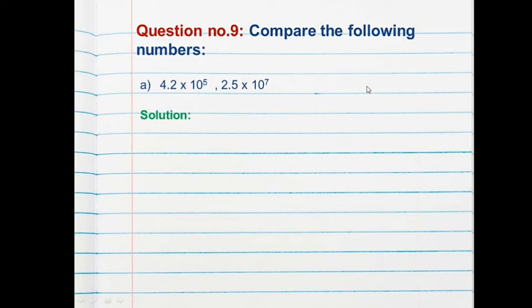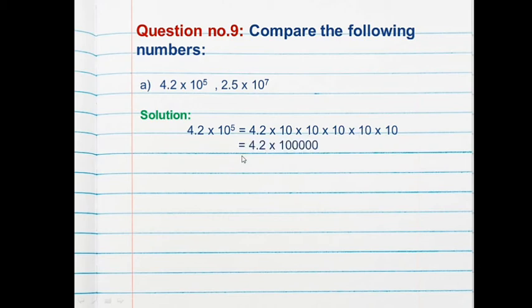So that is the solution. 4.2 into 10 raised to the power 5 can be written as 4.2 into 10 into 10 into 10 into 10 into 10. So here, for 4.2 no exponent is given, so we will write 4.2 as it is, and into 10 raised to the power 5. It means this 10 we have to multiply by itself 5 times. So that's why we have written here 10 into 10 into 10 into 10 into 10, which is equal to